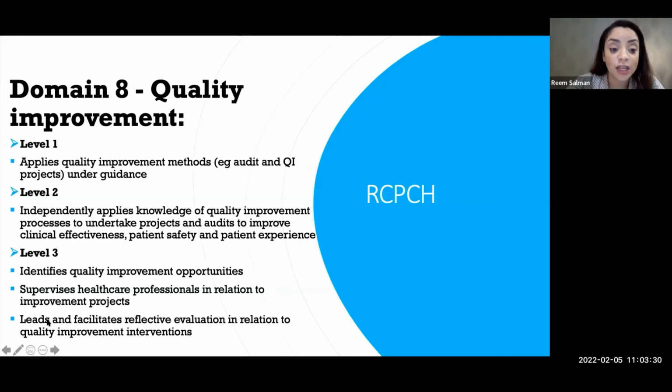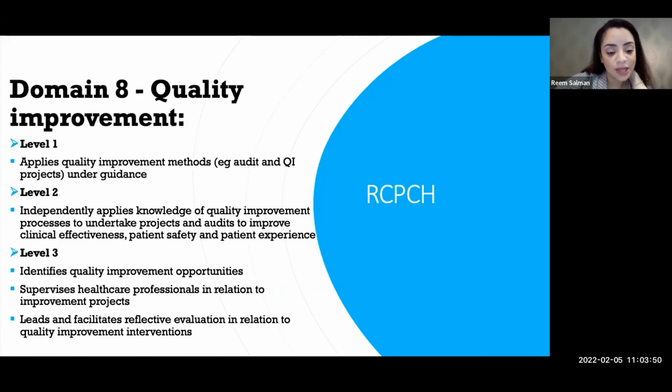So you can actually lead the project and also delegate. For example, you can have an audit of about 300 patients, but 300 is a large number. You don't have to do it yourself. You can facilitate junior colleagues to collect the data for you and analyze it, and then you can draw conclusions out of it and write a very interesting discussion about it, okay?